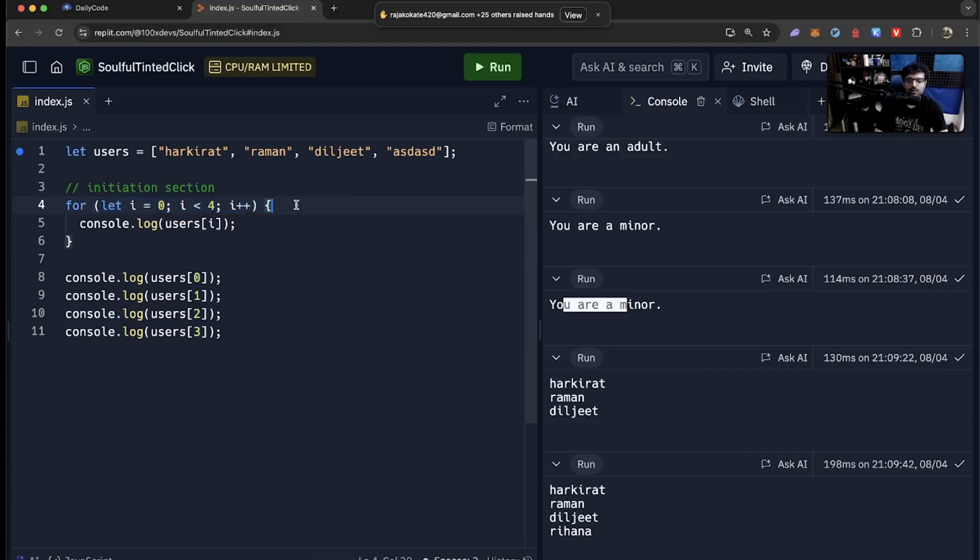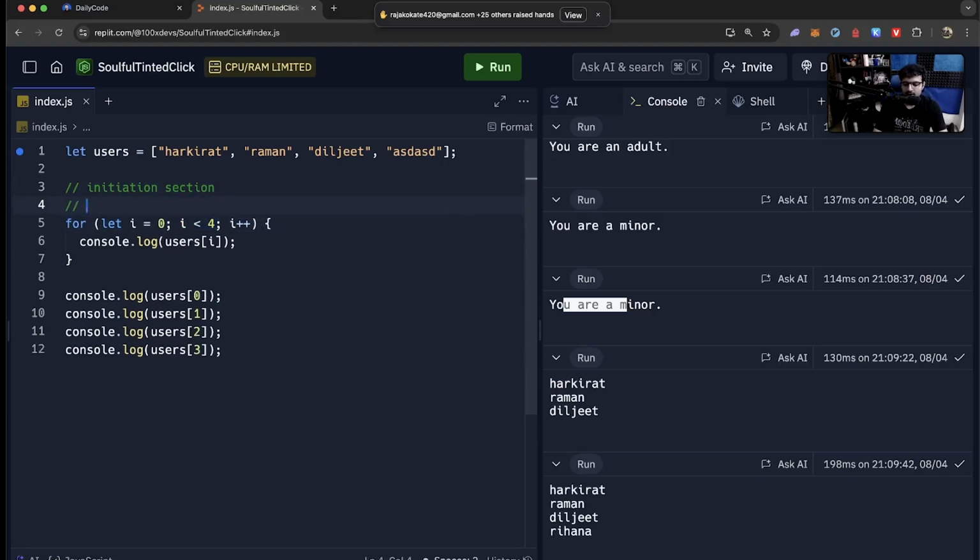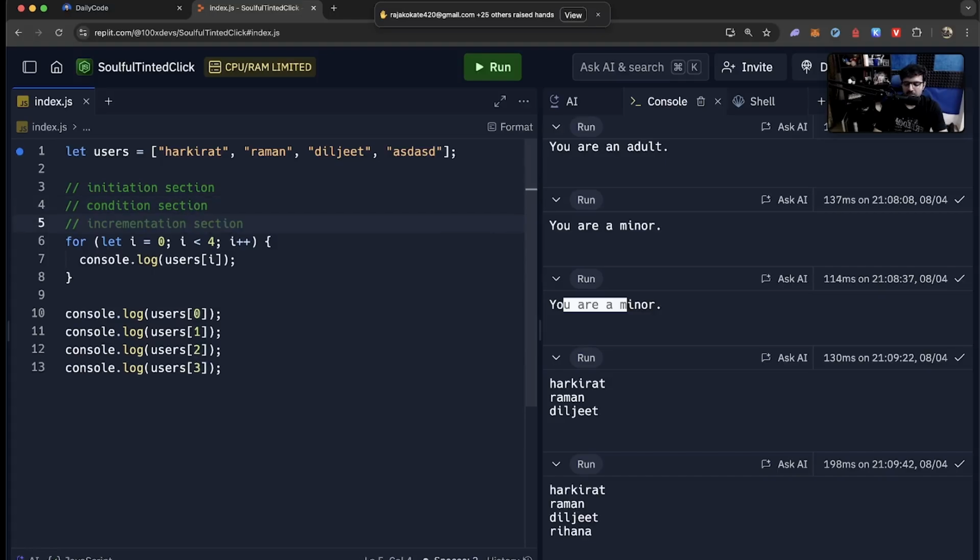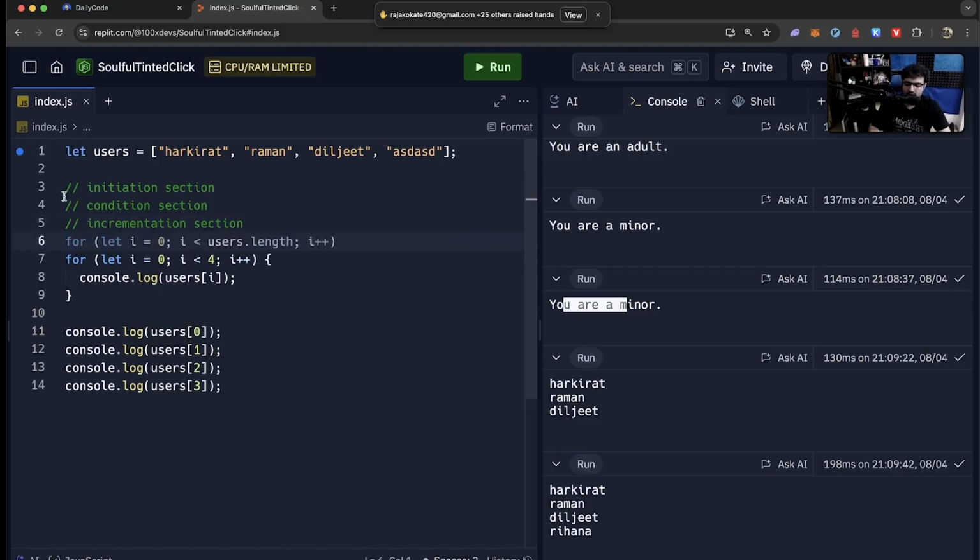When you write a for loop, you describe 3 sections in the for loop: the initiation section, the condition section, and then lastly, this is probably not the proper term, but let's call it the incrementation section for now. When a for loop runs, first time when the control reaches here, this section runs.